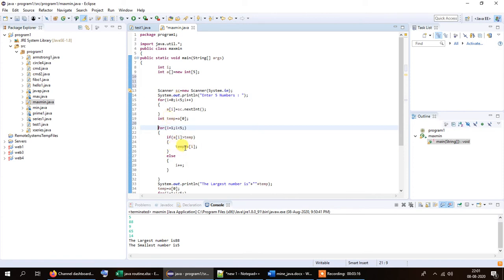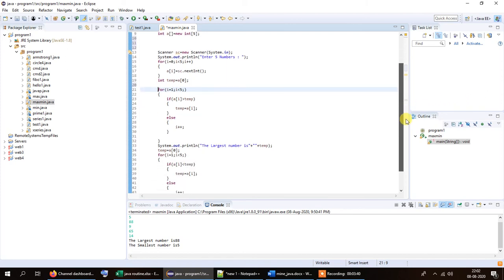If we find any other value which is greater than the value already stored in temp, we assign that value to temp again. So if we have 5 values in the array and there is only one largest value, it automatically gets assigned to temp at the end of this procedure. That is how we are finding and printing the largest number in the array.